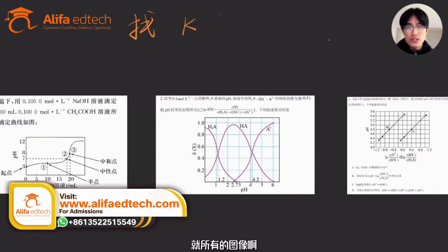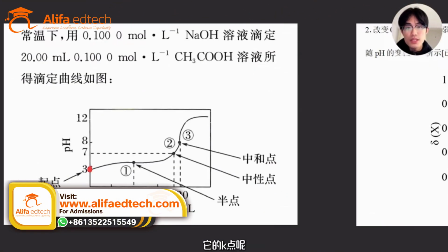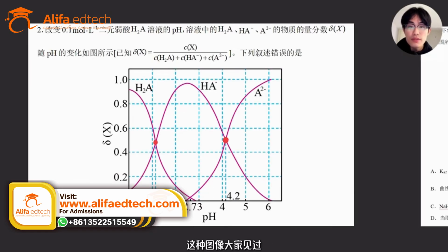There's a secret here. All these graphs have a K point. What does that mean? It means that from a single point, we can calculate the equilibrium K value of the solution. So let's get straight to the conclusion. For the simplest titration graph, its K point is the starting point. Everyone should know this. A slightly harder one, you've seen this type of graph, is called a particle distribution coefficient graph. The K points are these two intersection points on the left and right, corresponding to Ka1 and Ka2 of